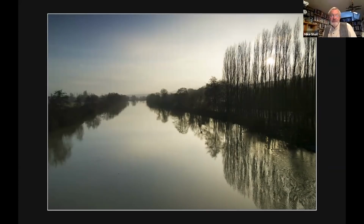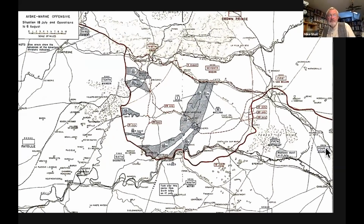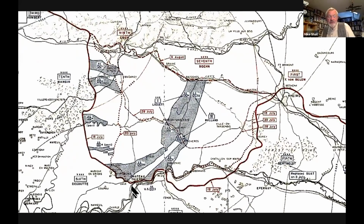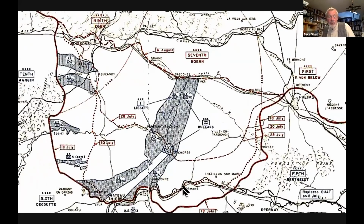And here's the map. This is the Chemin des Dames up here, along here, and they force their way down. They cross, they get as far as Chateau Thierry. They cross the river here at Dormans, but here they're held. And there's a stalemate until the 15th of